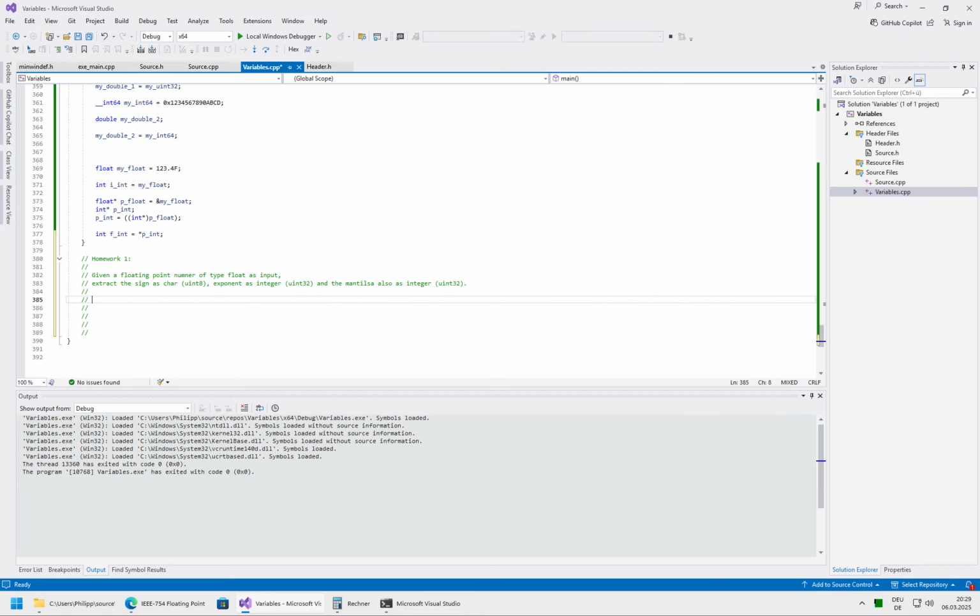And the reverse: given the sign, the exponent, the mantissa, assemble a floating point number. So in principle, this is quite easy to do. Here of course also the link, and we also have an optional assignment